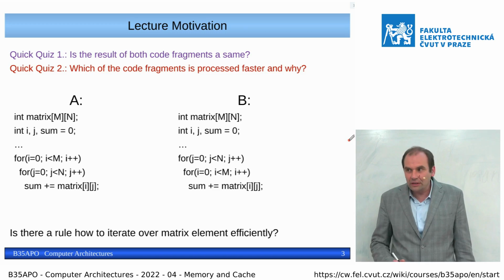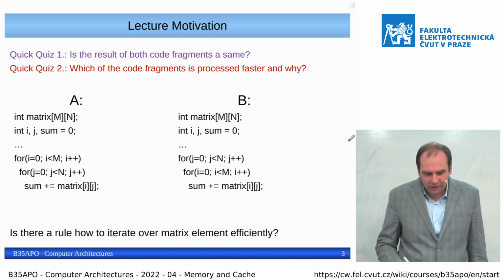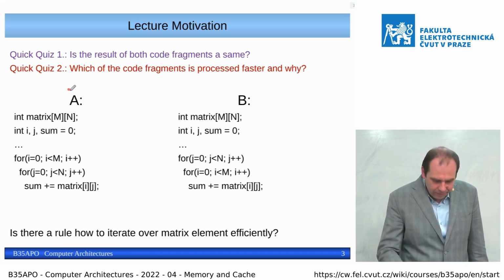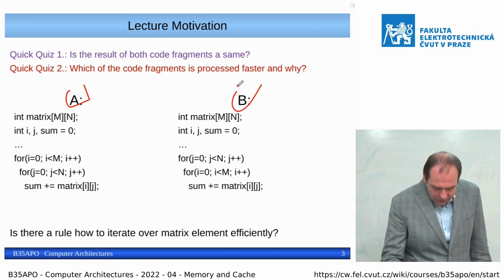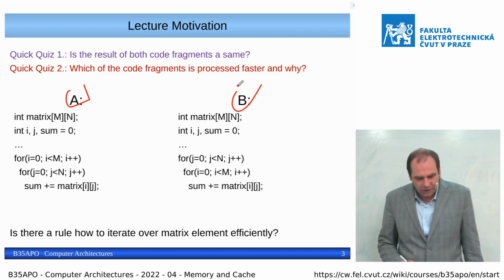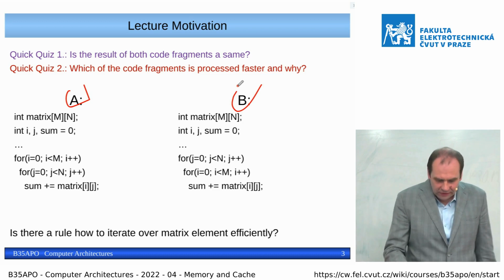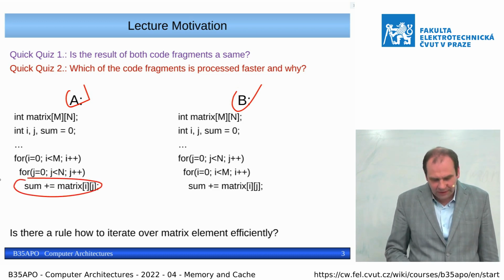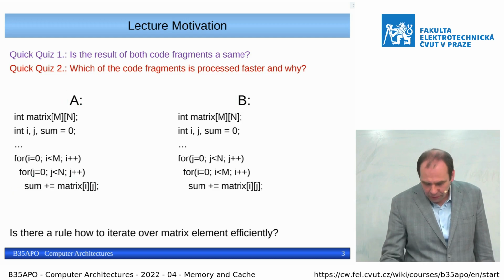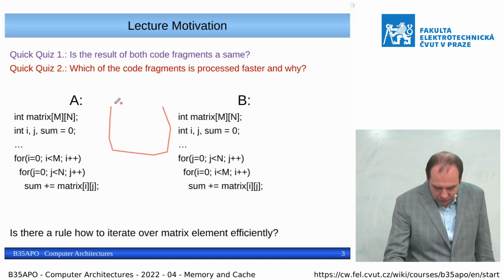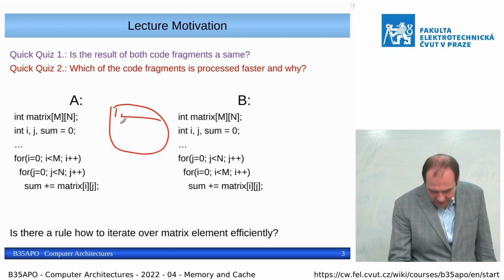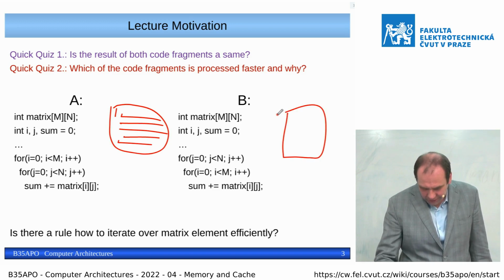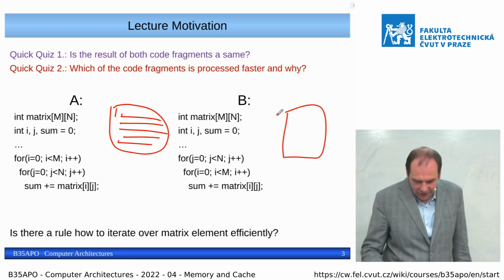And the first motivation: we have two variants of almost the same code. If you look at it, you can see that it is a sum of all elements over the matrix, and one of those goes first through the rows, and then through each row, and then it moves to the next row. Another one is built so that it first starts with